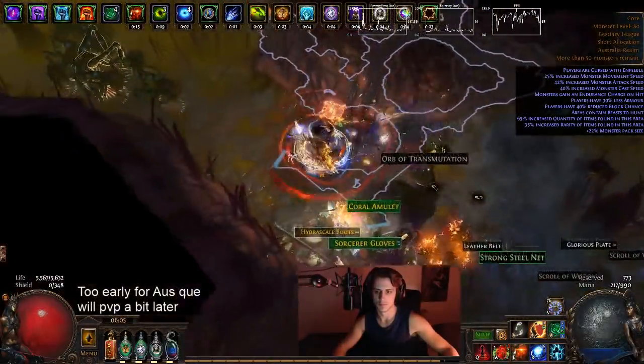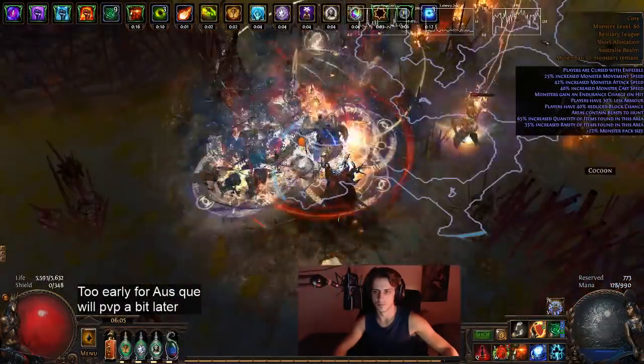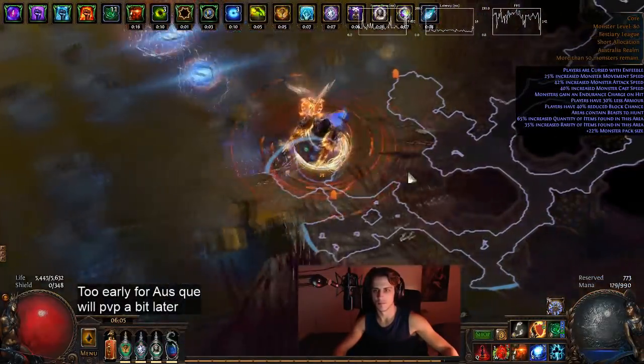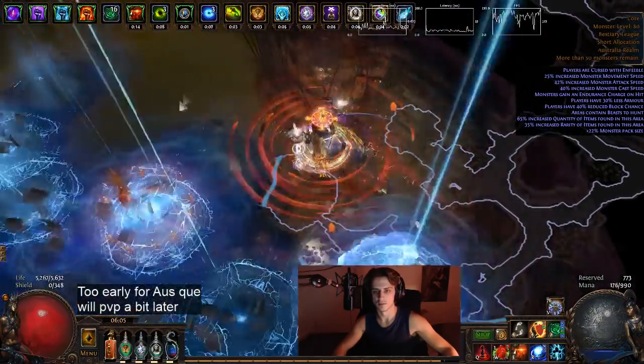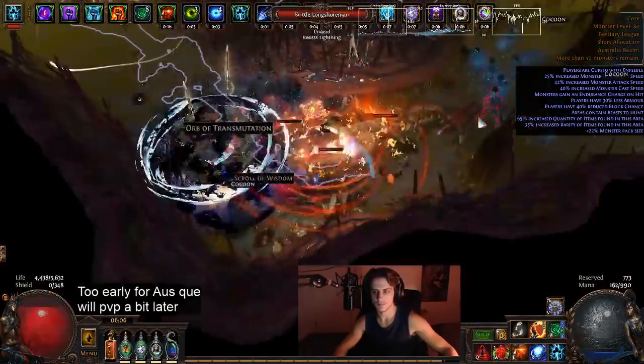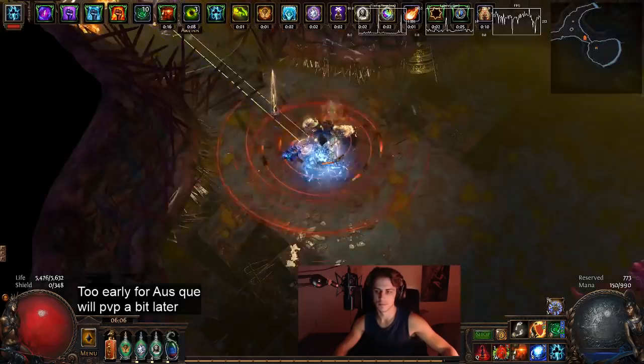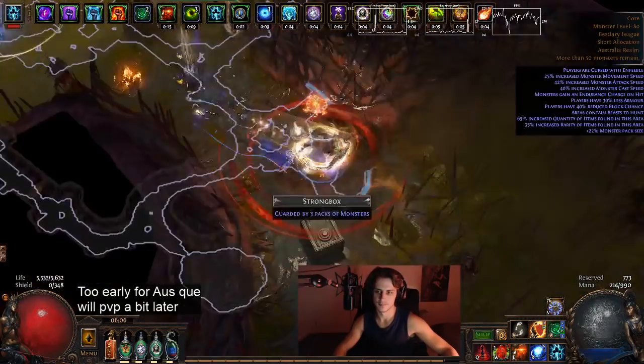In today's video, I'm going to be going over the Blade Vortex Elementalist, which was formerly Stormburst and Ball Lightning, converted into full-blown Blade Vortex, still as an Elementalist, and going to show you some gameplay, some endgame, some single target, all of that. Basically, it's a really strong character, and I'm pretty damn happy with how this turned out